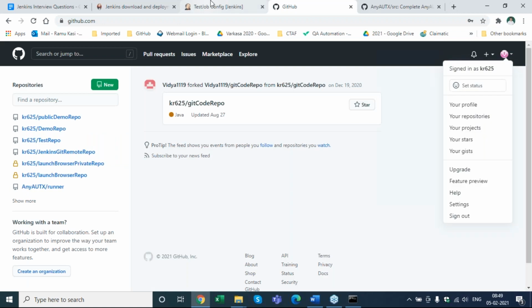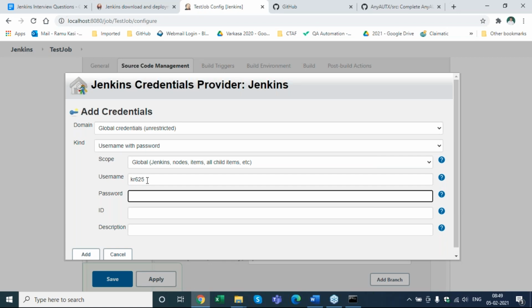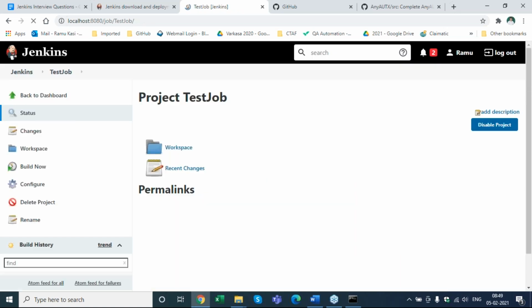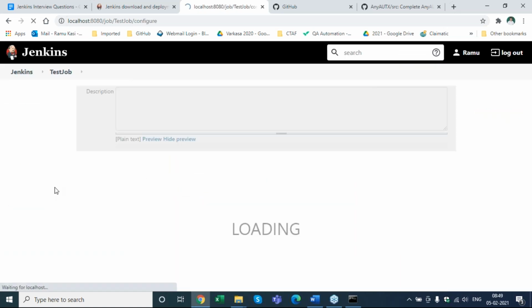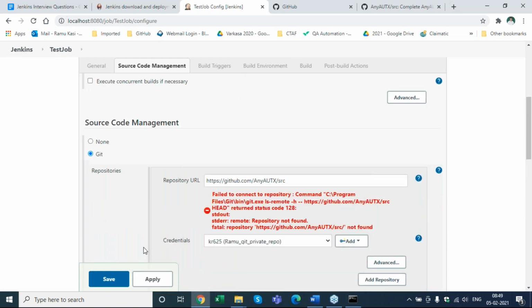Yeah. 25. Okay, I have given the exact same password. Same. I'm not sure. I think something seems to be wrong here.